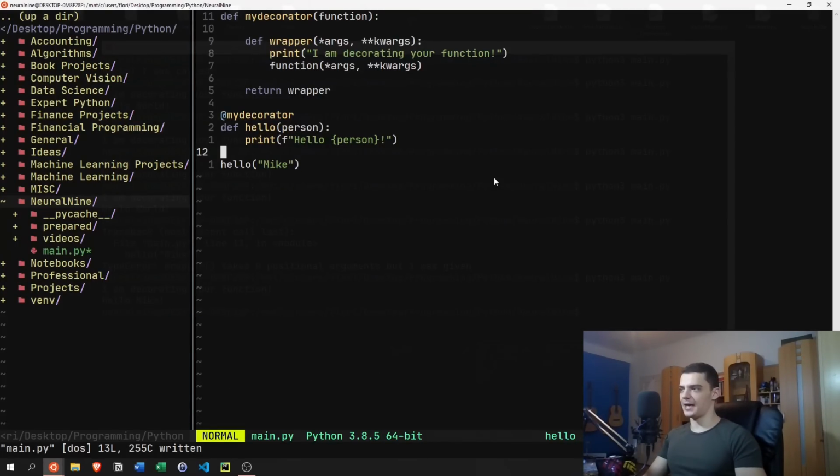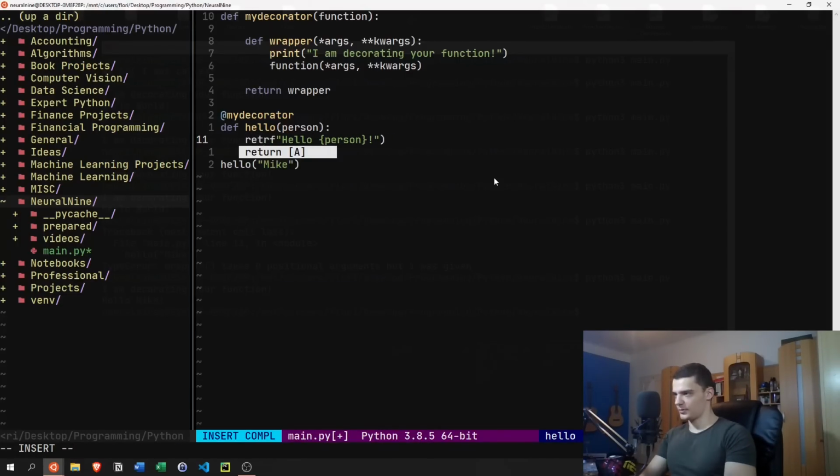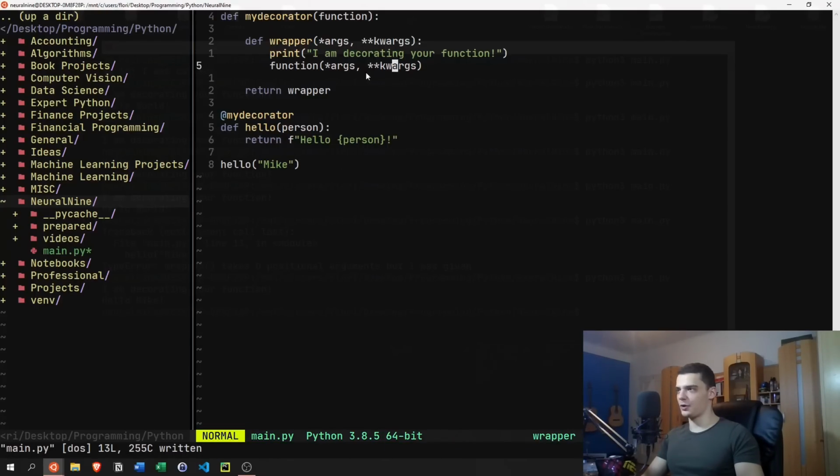Let's say it's not print, but it's return. I want to return a string. If I want to return a string, here I say return. I'm not going to return it by just calling it. I need to get the return value from the wrapper as well. And what we need to do here essentially to make this work is we need to return the value of the wrapper. So we need to say,